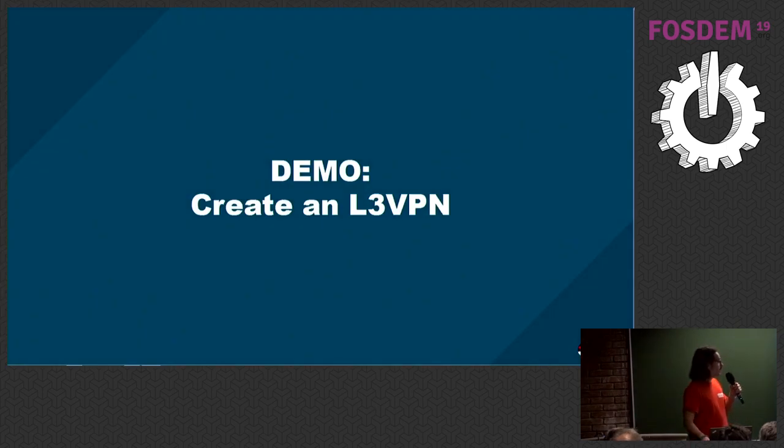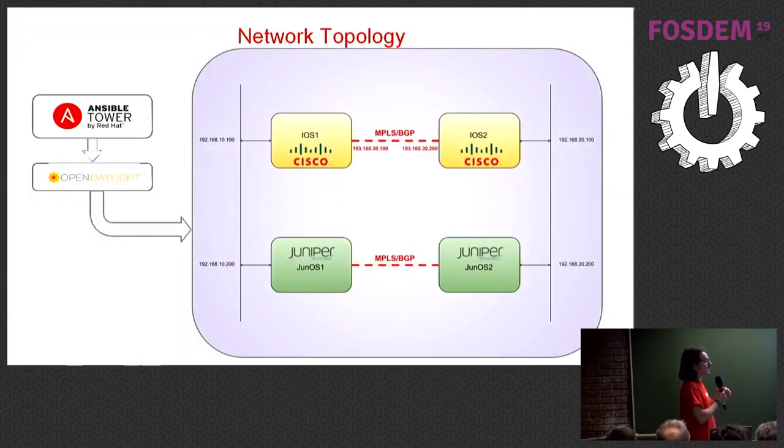So the demo is about creating an L3 VPN. This is all running in one server. It's virtualized, and we have a bunch of virtual machines. These 4 boxes that you see here are acting as PE routers, which are the routers that are in the service provider network. And we are assuming that some underlying connectivity is provided, like MPLS and BGP and so on. So these PE routers will have customer premises routers connected to them,